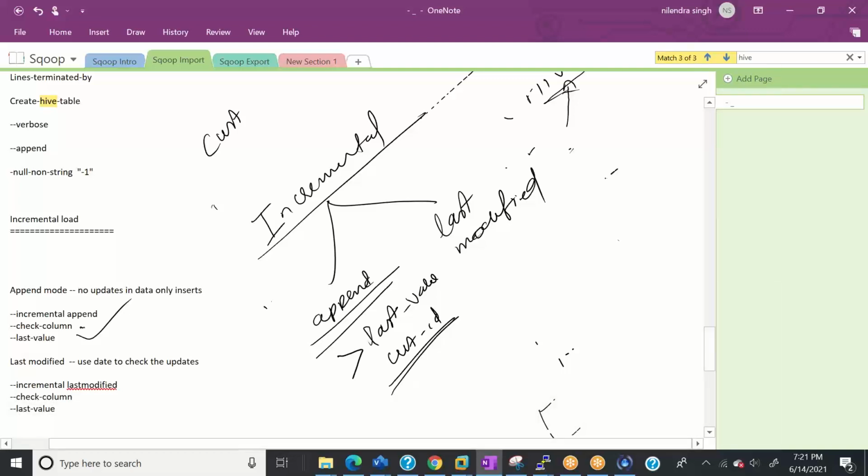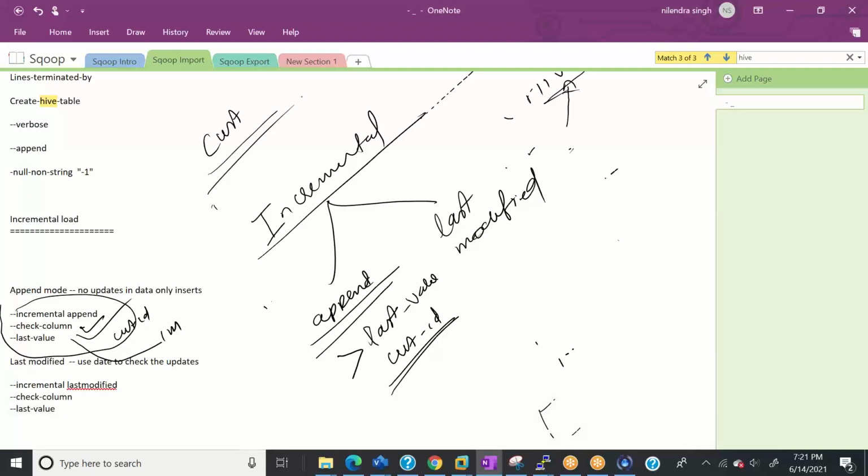One is on which column we need to check the last value. Here it is customer ID. The other is the last value itself, let's say 1 million, right? Simple, right? So this is called append mode, and these are the parameters. But now one more example in the customer database: let's say somebody updates their address. Whenever you are updating your address, does your customer ID or bank account number change?